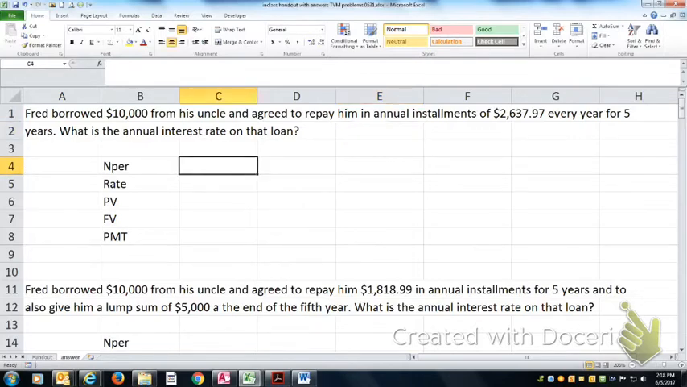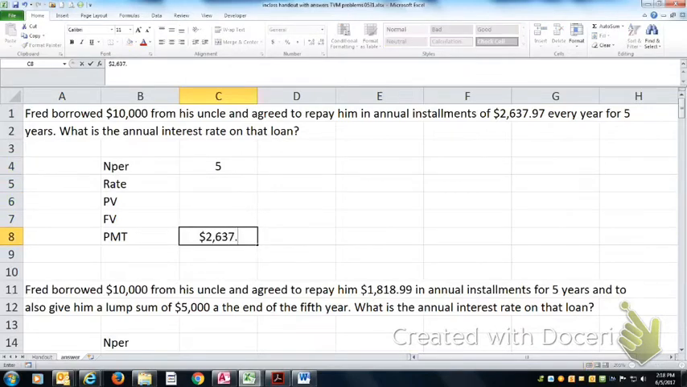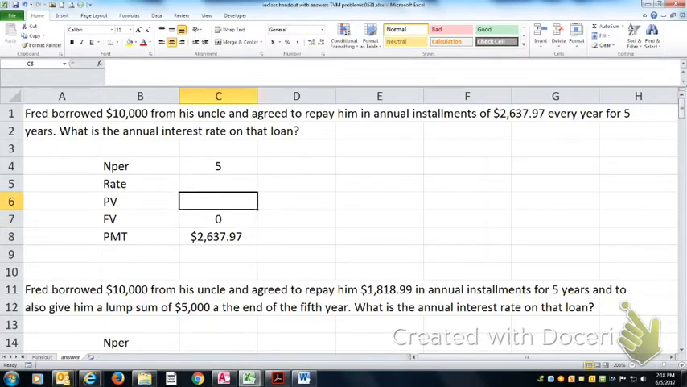All right. It's a 5-year loan, so there'll be 5 total payments, and each of the payments will be $2,637.97. He agreed to completely repay him, so at the end of the 5-year period he won't owe any more money, so the future value will be 0. And for the present value, we're going to use negative $10,000